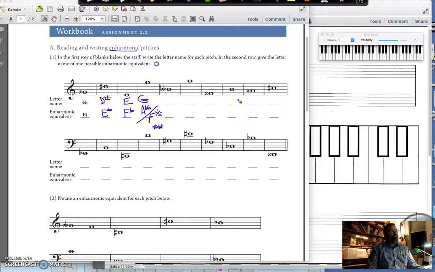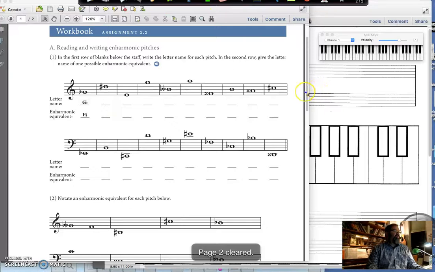It means raised twice. And these respelled white keys are really uncommon, but it's important to know how to do them. If you can understand the uncommon spelled ones, then when you get to dealing with the common spelled ones, you're going to be just fine. Let's move right along here to another part of